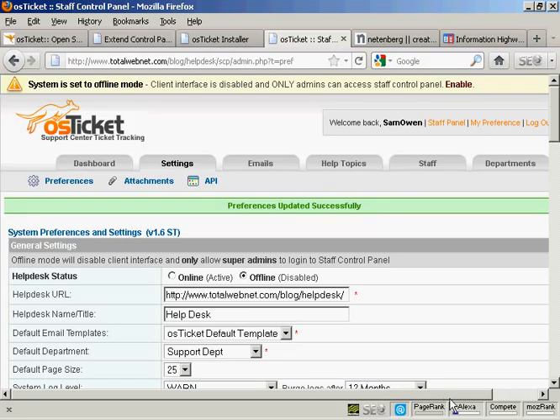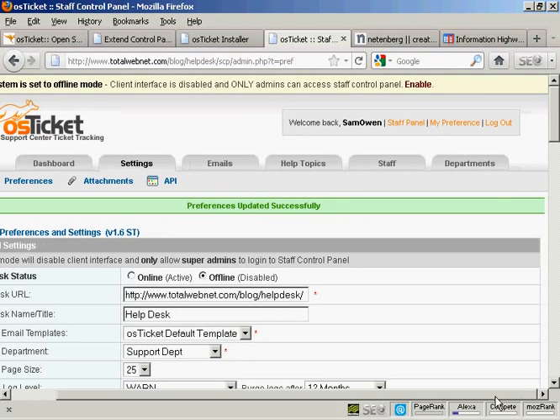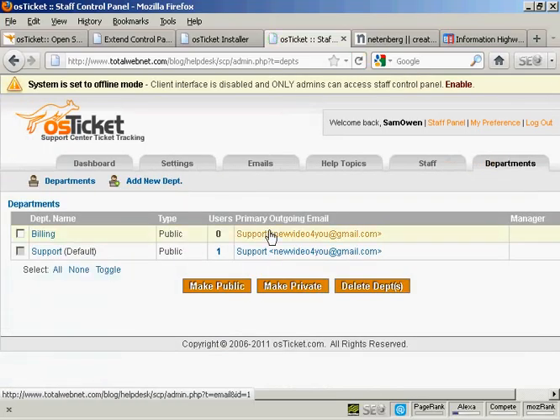Now I'll show you another couple of things that you'll probably want to set up, and the first one is departments. Now there are 2 departments automatically set up. One is support and the other is billing. But you might want to add another department. For example, you might want to add a department, say sales. So click here on Add a New Department,